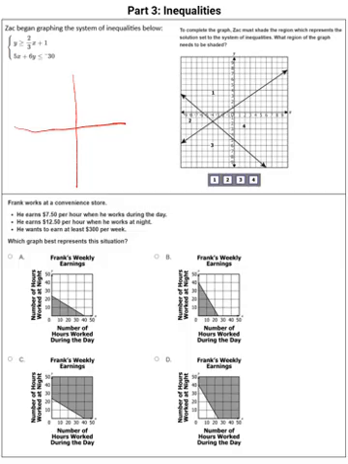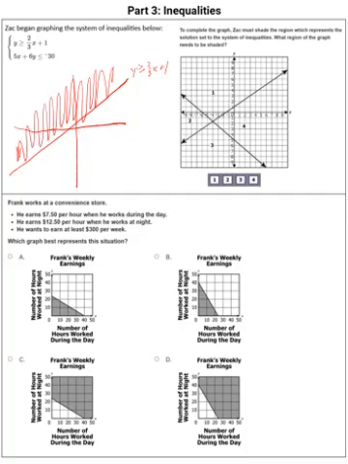So for this problem, just throw it in Desmos, be done with it. When you throw this in Desmos, for y is greater than or equal to 2/3 x plus 1, graph everything above. And then for 5x plus 6y is less than or equal to negative 30, this means that y is less than or equal to negative 5 over 6x